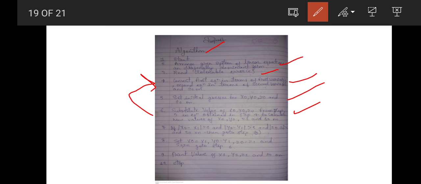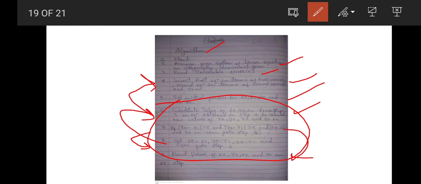After that, we have the seventh step: if mod of x0 minus x1 is greater than e, y0 minus y1 is greater than e, and z0 minus z1 is greater than e, and these conditions are true, then we go to step 8, in which we put x0 equals x1, y0 equals y1 and z0 equals z1, and go to step 6 and repeat these steps again. If this is false, we go to step 9, where we print the values of x1, y1 and z1. So this is the algorithm for the Gauss-Jacobi method.